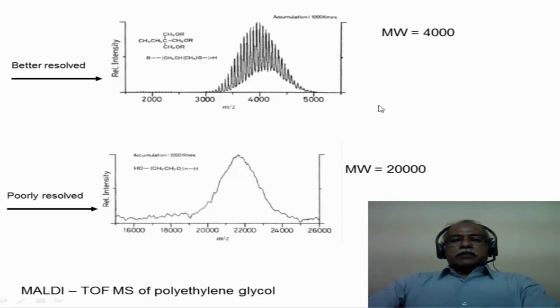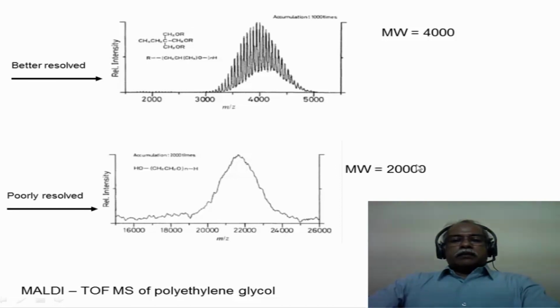Earlier in electrospray ionization mass spectrometry, we saw some examples of analysis of polyethylene glycol. This can also be done by MALDI mass spectrometry. This is a polyethylene glycol with a molecular weight of 4000. Now remember, when we analyze the molecular ion peak of the 4000 molecular weight polyethylene glycol in electrospray ionization mass spectrometry, several protonated species with charges 1, 2, 3, 4, 5, 6 up to 6 charges were recorded. However, in the MALDI spectrum, a singly protonated system is what is seen here, corresponding to a nominal molecular weight of about 4000, which corresponds to the molecular weight of this polyethylene glycol.